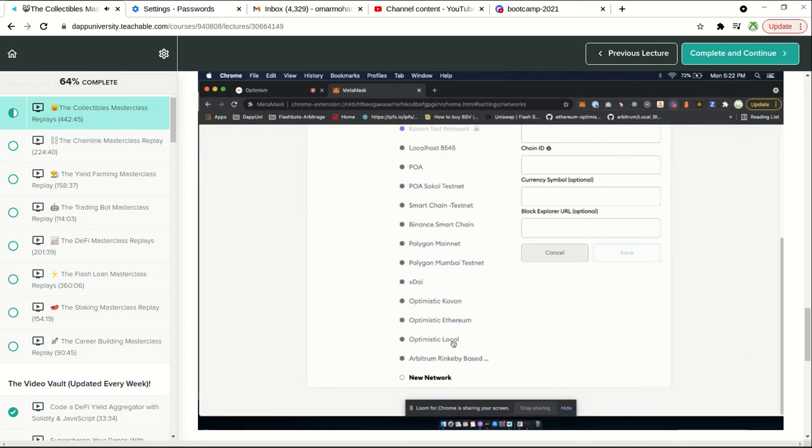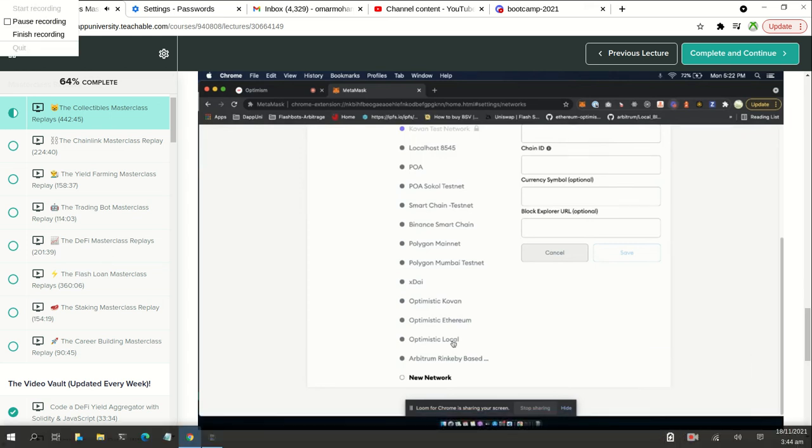When it comes to optimism, there's the optimistic local network. This is similar to Ganache. So this is a local blockchain that you are running on your machine. Then there's